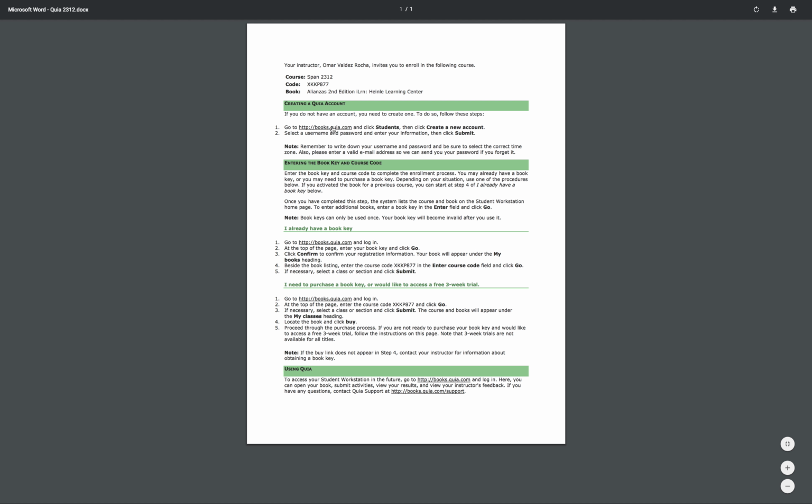This document gives you the website and gives you the course code. Give that information. Start the 3-week trial for Alianzas, or start or pay the 6-month access for the book, and go to the assignment calendar, click on by date, and the first assignments are already there available for you.